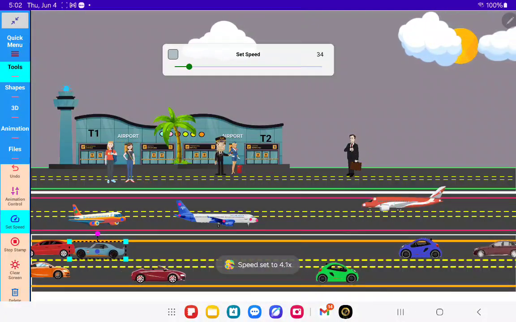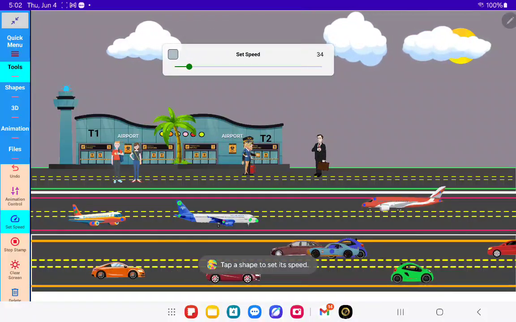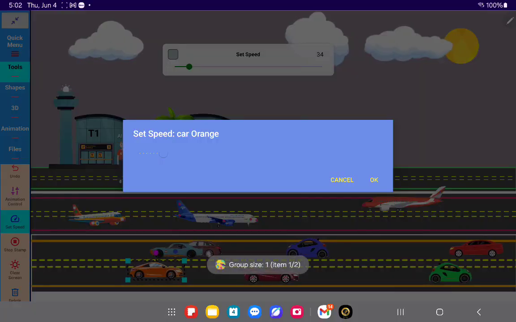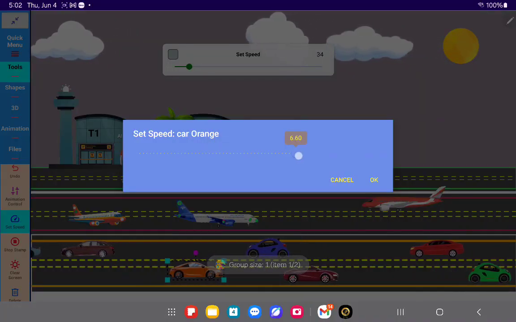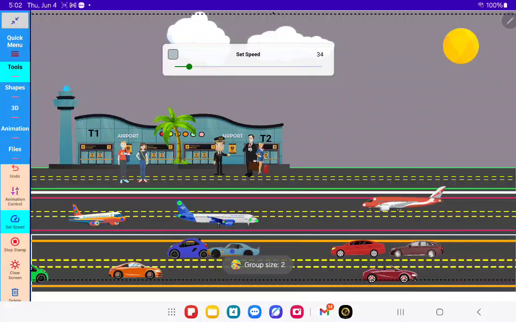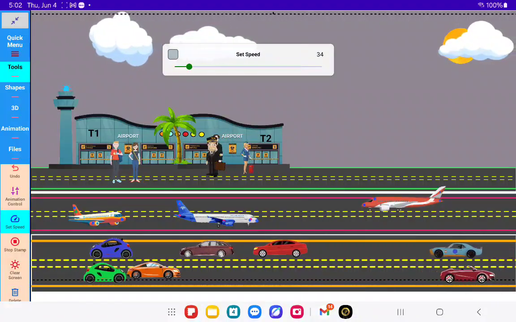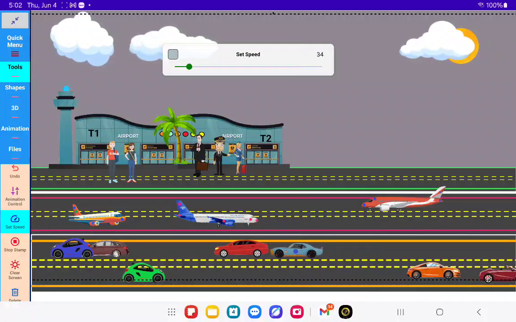And so on. You can adjust the cars to your speed, to the way you like it. And let's do the orange car. Go here, make it really go fast, and so on. So now you get all these cars moving. Some of them moving fast, some of them slow, and so on. Okay, now next thing is we